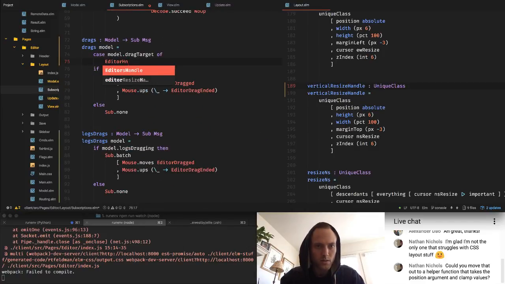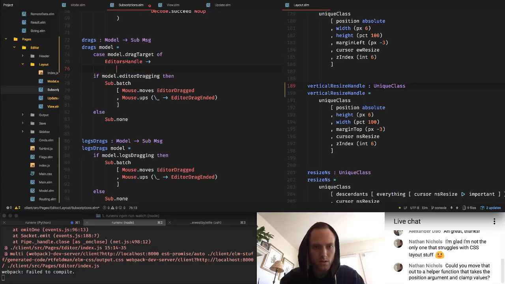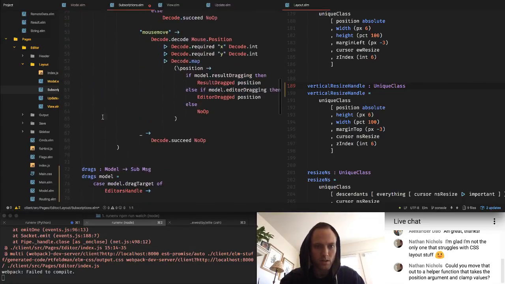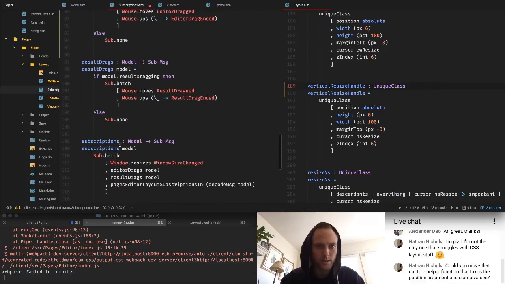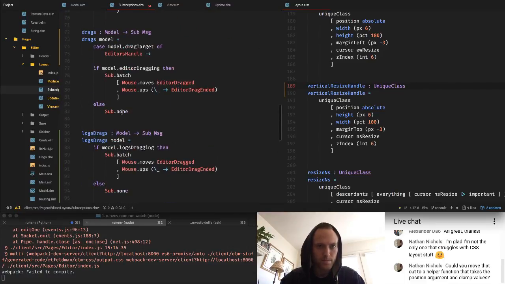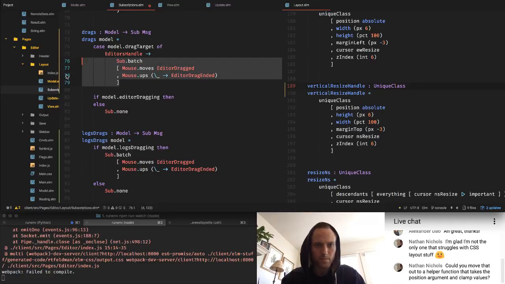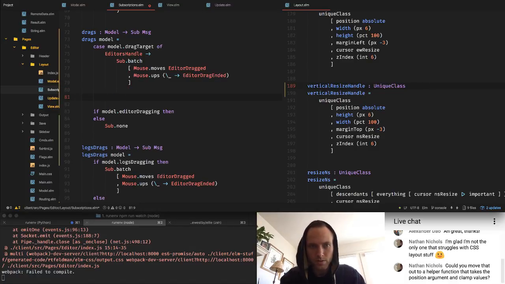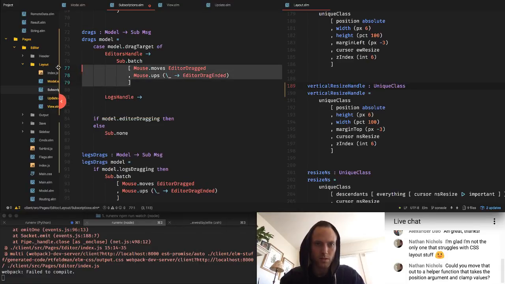Editor handle. Whoa, what happened there? My control button's busted. That's what happened. I use that all the time. That's going to be annoying. So editors handle, logs handle, do the same thing, but for